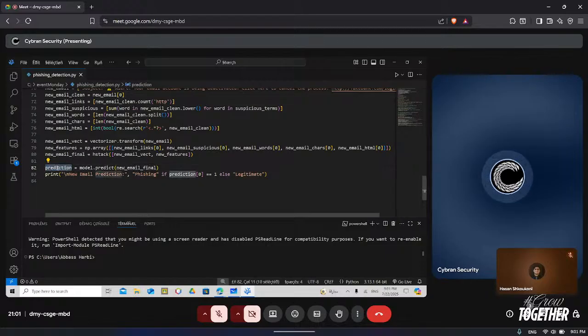After the prediction, this variable can hold one of two values, either 1 or 0. So the new email prediction is phishing if the prediction is 1, else if the prediction is 0, it's a legitimate email. So that's all